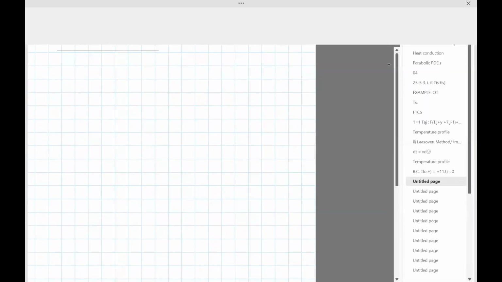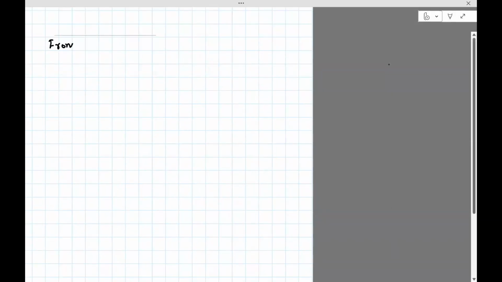Okay, so from 1, we get these three equations. 0.32 t1,2 plus 1.64 t1,1 equals 18.75